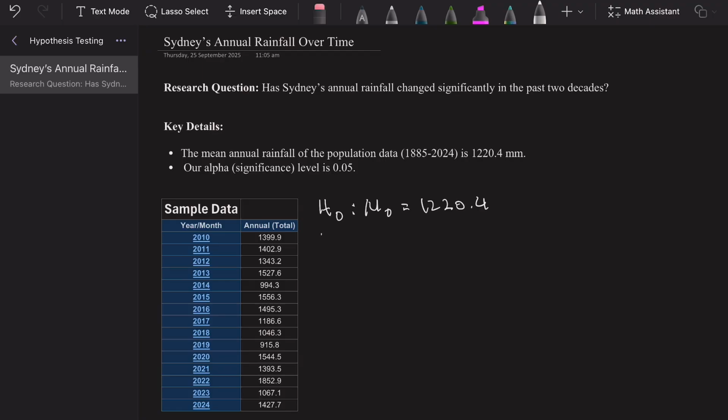Now, our alternative hypothesis, HA, is going to be that there is significant change in annual rainfall in the past 2 decades. So we're going to say this does not equal 1,220.4. Okay, so now what we want to do is calculate our sample mean, which is why I've included the